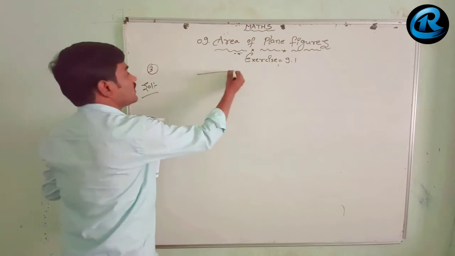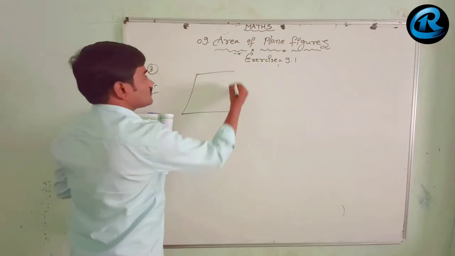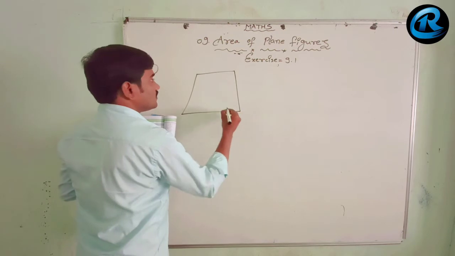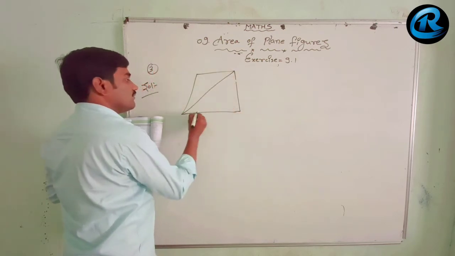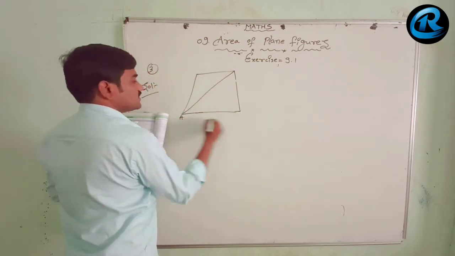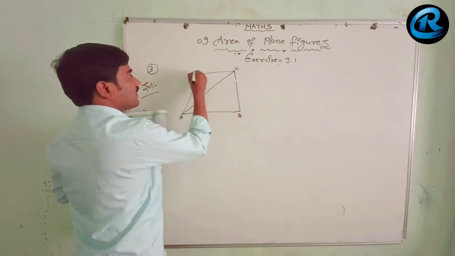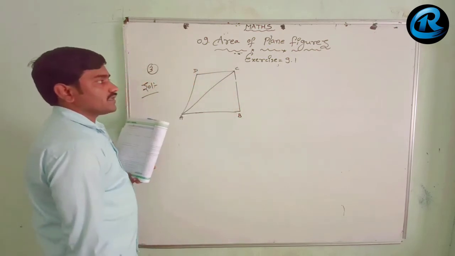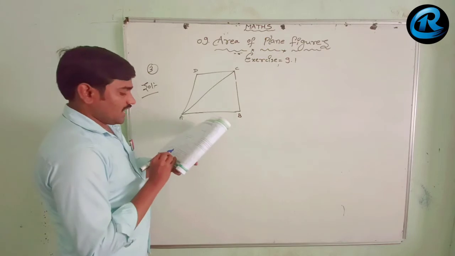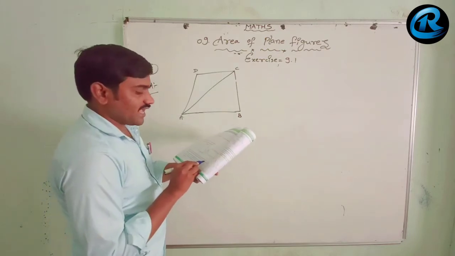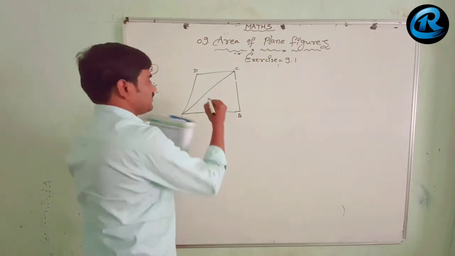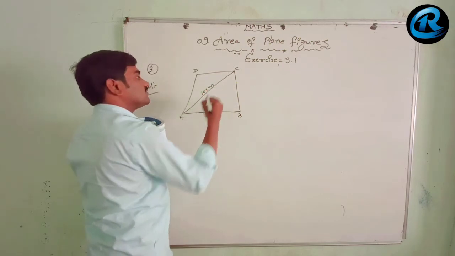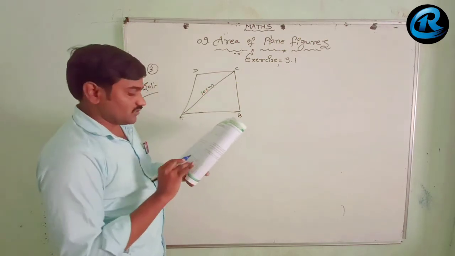I will draw one quadrilateral, any quadrilateral like this. Now the quadrilateral is drawn, so draw the diagonal. This ABCD is a quadrilateral, as is given. The length of its diagonal AC is equal to 10 centimeters. Here AC equals 10 centimeters, which is given. Okay, let us go for that.